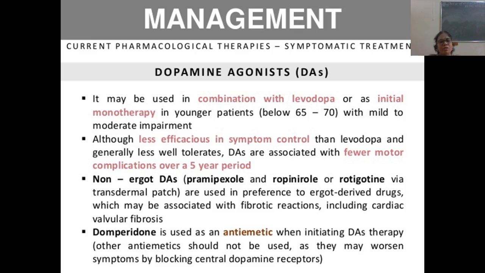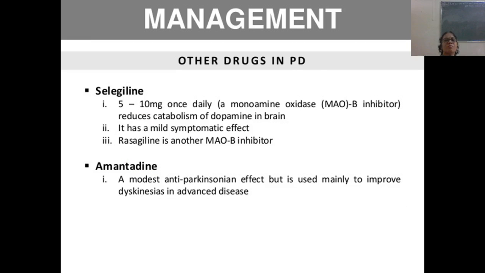Then domperidone is used as an anti-emetic when initiating the dopamine agonist therapy. Other anti-emetics should not be used as they may worsen the symptoms by blocking the central dopamine receptor. So domperidone is the only drug of choice used as an anti-emetic. Then other drugs in Parkinson's disease are selegiline 5 to 10 milligrams daily, which reduces the catabolism of dopamine in